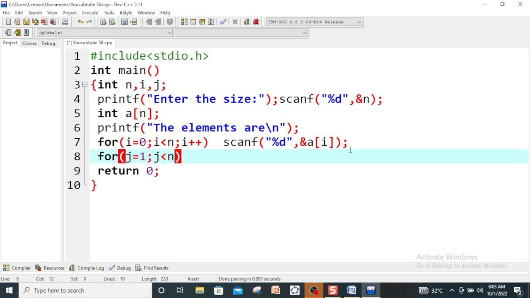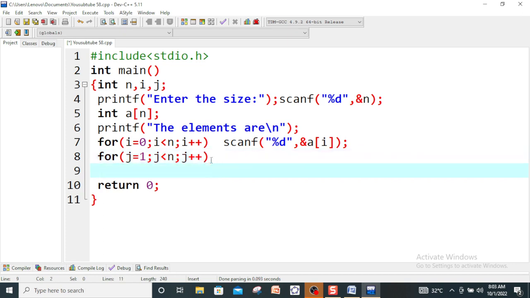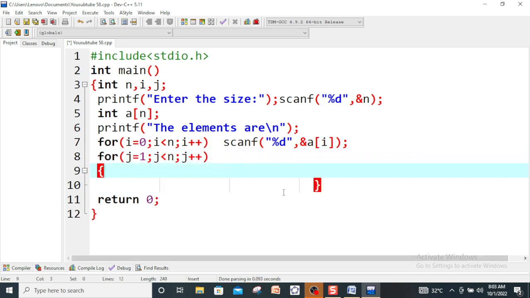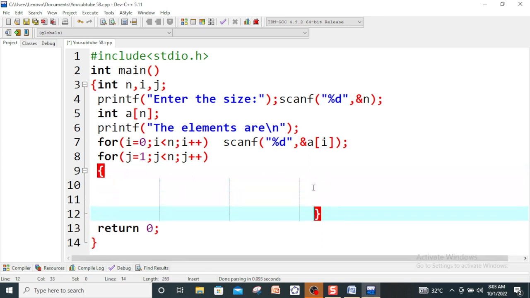So I typed j less than n, and after completing the work for each j, the value of j will be increased. j will go to the next element, and thereafter inside this we type